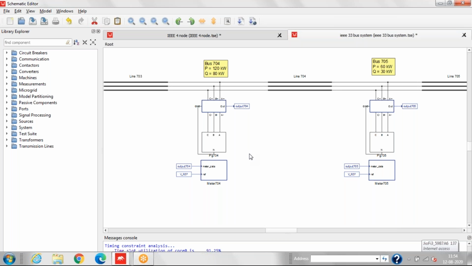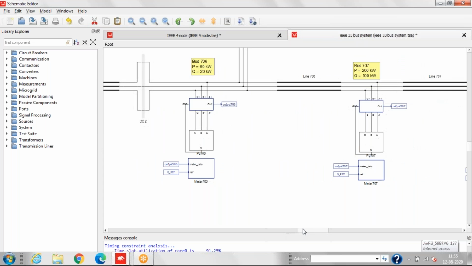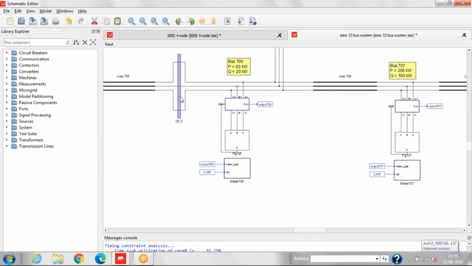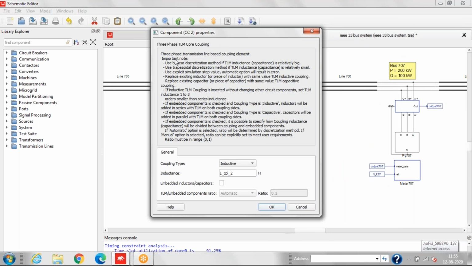Now, as this is a 33 bus system, the transmission line having core coupling is used, the TLM core coupling. Let me show you one. This is the TLM core coupling, a 3-phase transmission line core coupling device, which is used here to divide the circuit into sub-circuits so that they will be simulated on separate cores of a single HIL device.